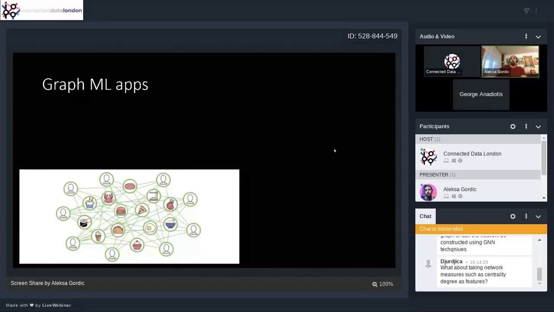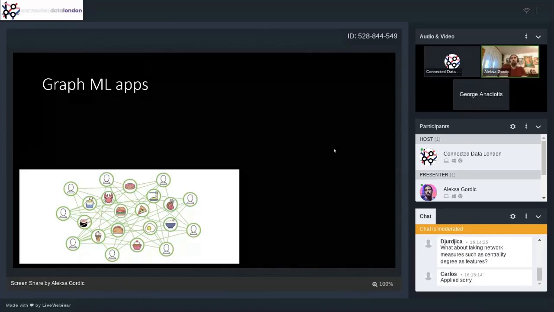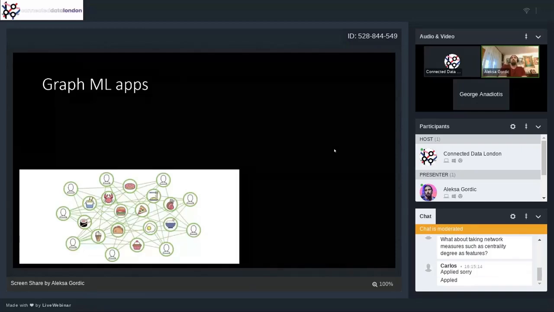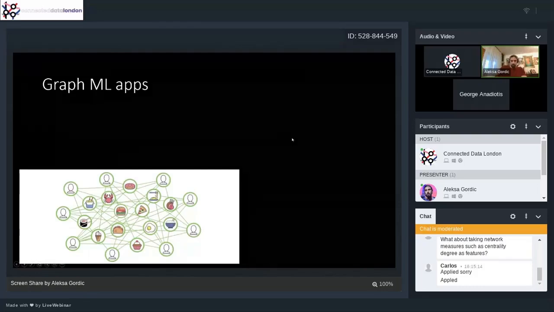Well, you usually do have graph data, and that's an interesting question because there is no equivalent of a camera for GraphML. You don't have a camera where you can capture images. In that case, you can't just capture graphs. People usually collect graphs, and there are some natural applications like social media where you are naturally building up those graphs. But I'm not sure if I understood your question well. Maybe we can answer it a bit later.